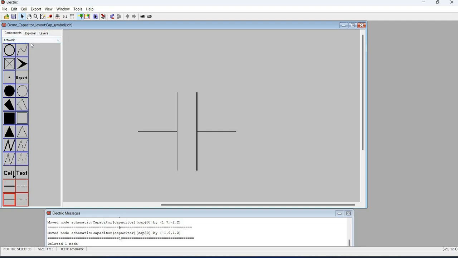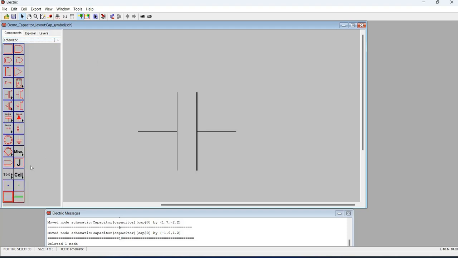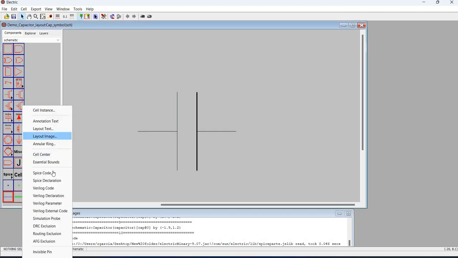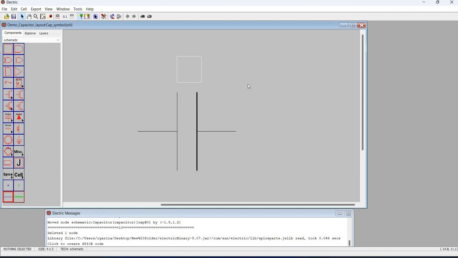So to do that, you need to go back to your schematic. Okay, then include a spice code.